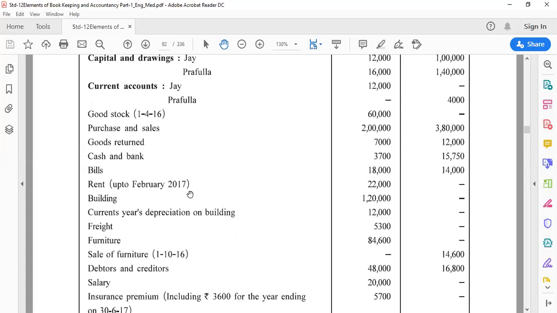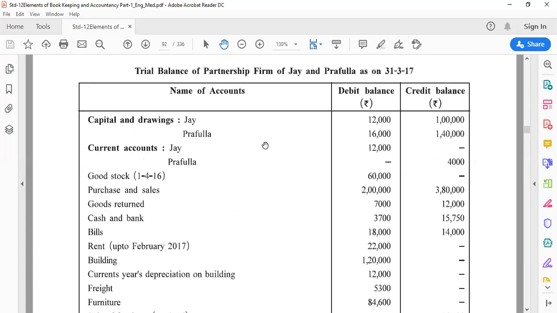Okay, next rent paid is given, which is written on P&L debit side, but into bracket this rent is up to Feb 2017 and here our year end on 31st March. So write down the working, everyone write down for rent. Working number 1 you can say for rent